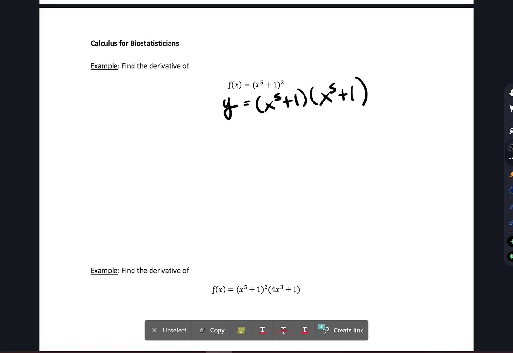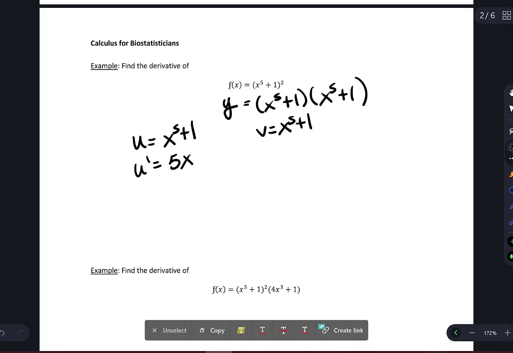So here I'm going to let u be equal to x^5 + 1, and I'm going to let v be equal to x^5 + 1. And again, that's because these are the two functions that I have the product of here. u prime is going to be equal to 5x^4. v prime is going to be equal to 5x^4. And therefore y prime, or the derivative there, is going to be equal to u prime times v plus u times v prime,